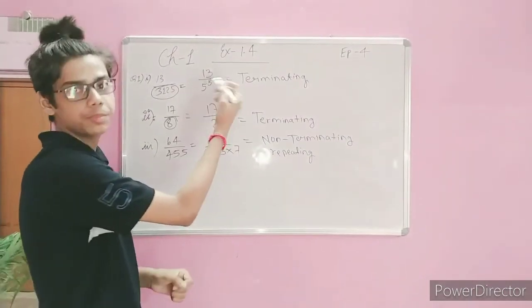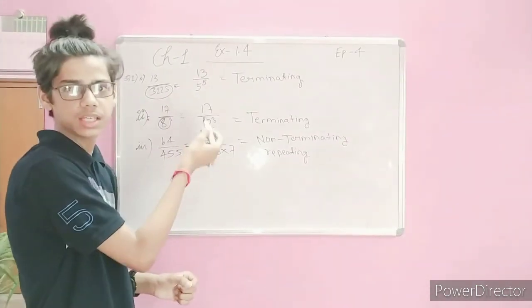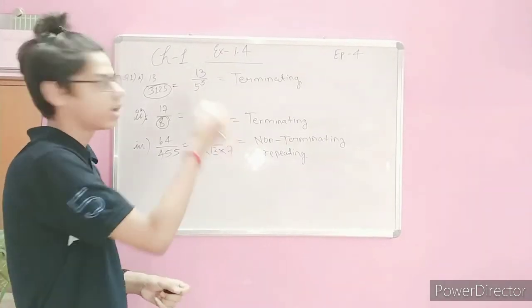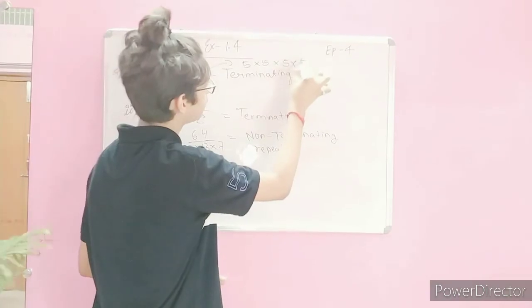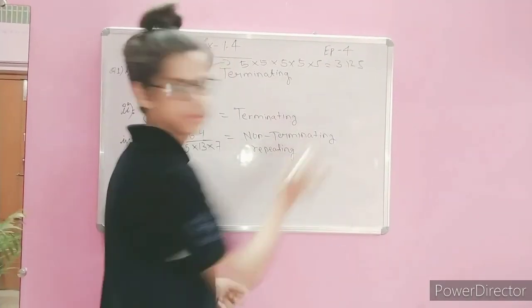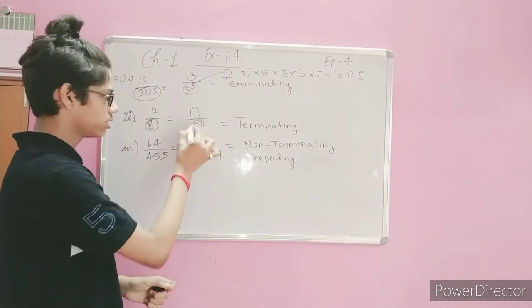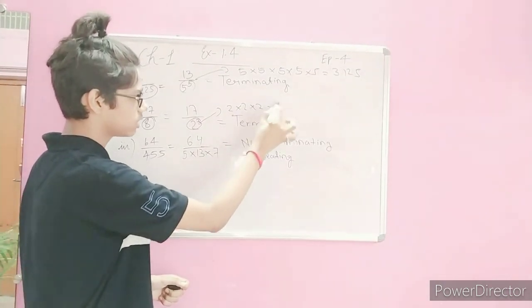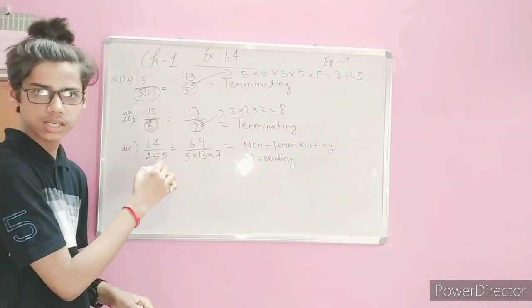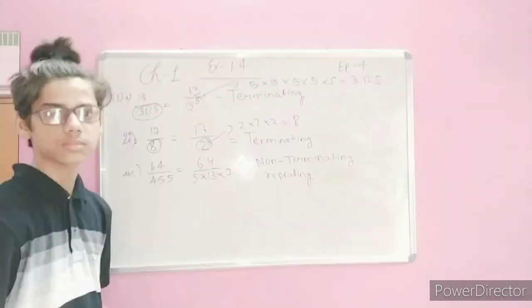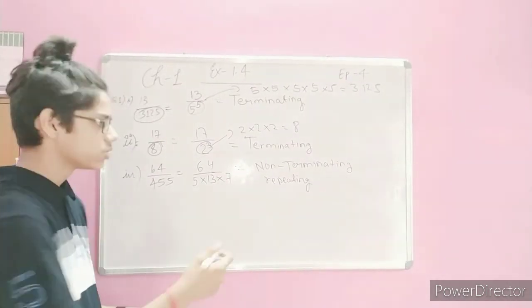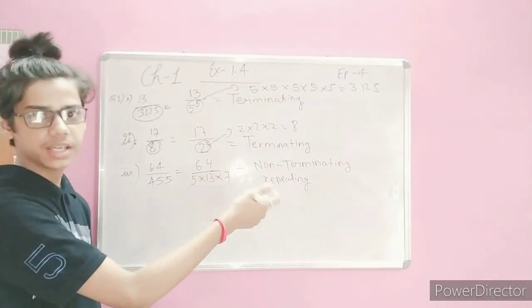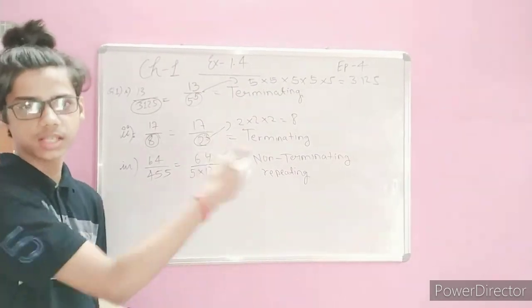ये 5 to the power 5 कैसे आया? हम इसे बस डिवाइड करके देखेंगे कि ये किस टेबल से कितने टाइम्स में जा सकता है। तो अगर हम 5 को 5 टाइम्स मल्टीप्लाई करें, 5 इंटू 5 इंटू 5 इंटू 5 इंटू 5, तो ये आ जाएगा 3125। ओके, सेम चीज़ यहाँ हुई है 2 क्यूब 8। 2 इंटू 2 इंटू 2 इज इक्वल टू 8, और हमने यहाँ सिंपली इसको पार्ट्स में ब्रेक डाउन कर दिया है और हमारा आंसर आ गया। ये ऐसे ब्रेक डाउन क्यों किया? क्योंकि ये किसी भी टेबल से प्रॉपरली कट नहीं हो रहा था, इसका रिमाइंडर 0 नहीं आ रहा था। इसलिए ये नॉन टर्मिनेटिंग और रिपीटिंग है। अगर आपको एग्ज़ाम में करना है तो आप इसे लॉन्ग डिवीजन मेथड से भी साइड में प्रूव कर सकते हो।